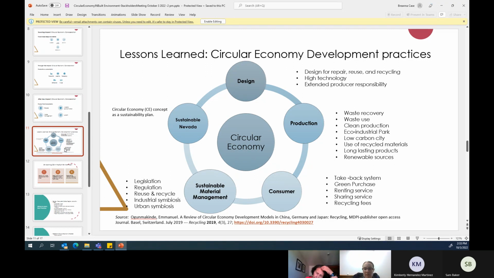I think Seattle and Washington have rules or policies for extended producer responsibility. So we can use it differently. And this is the five-country review. It's worth reading because you get an idea how they use circular economy in development practices.